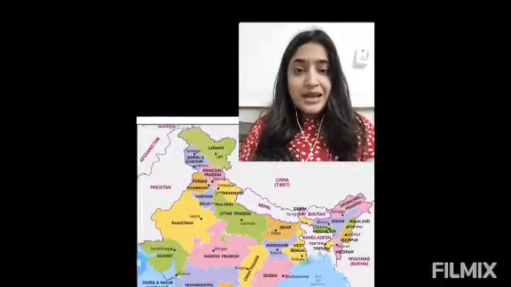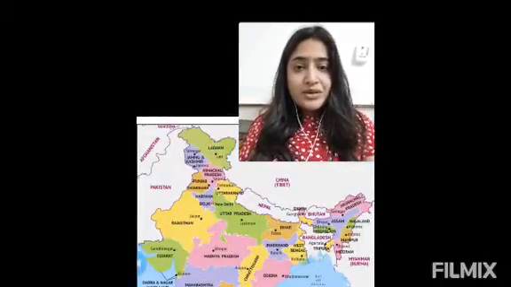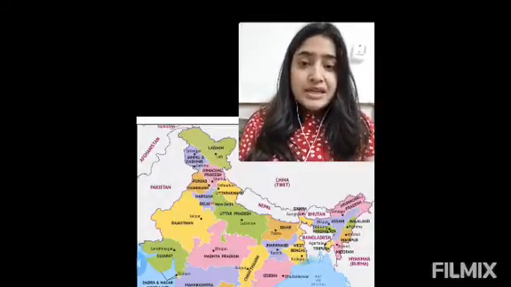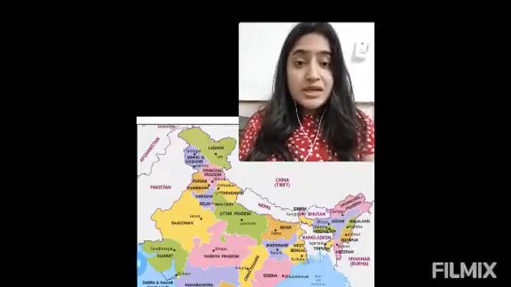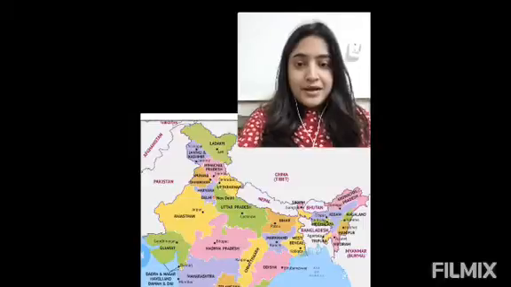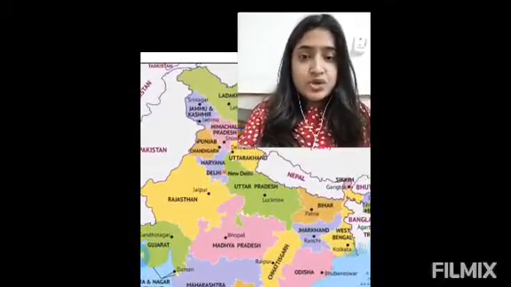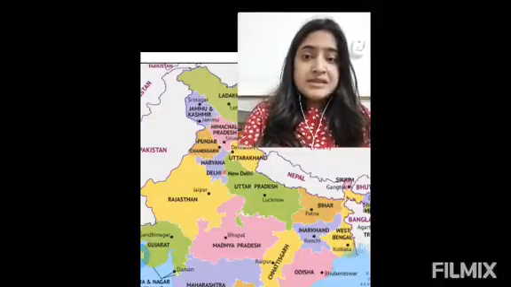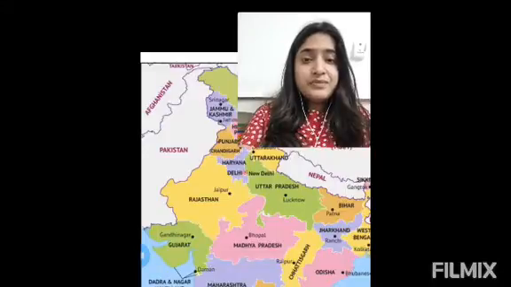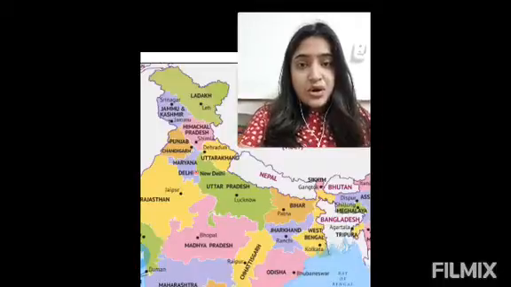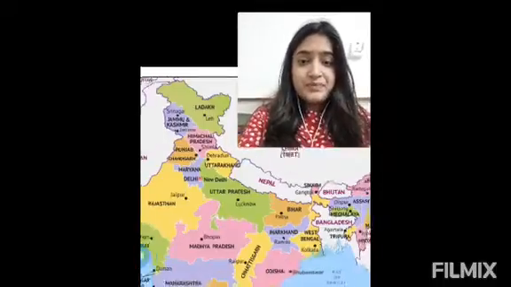Now next comes the political map. Now this is the most commonly used map. You all must have seen this one. So a political map shows the political boundaries of a country, right? Of a state or a capital. Like you can see in this one, this map shows the political boundaries of states and of India, right? See, Rajasthan is separated, its boundary is highlighted, Madhya Pradesh, then there is Orissa, Chhattisgarh, Uttar Pradesh. So all the boundaries are clearly visible.